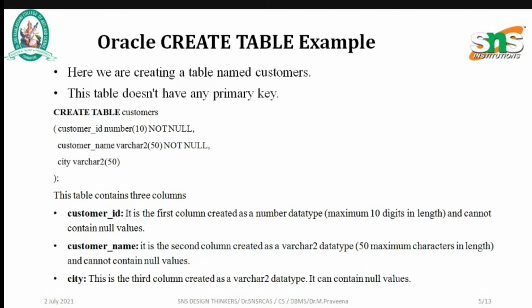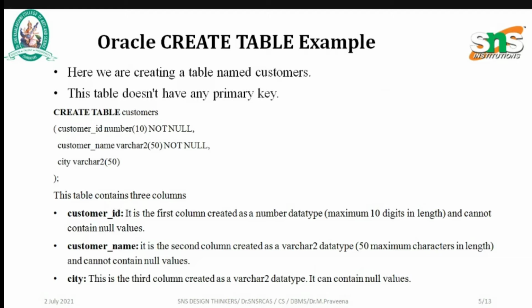Customer ID is given as number because it is given the value 1, 2, 3, likewise, and the size is 10. Customer name, you see here, is represented in varchar2, and the size of the column is 50. And for city, it is also of type varchar with the size of 50.